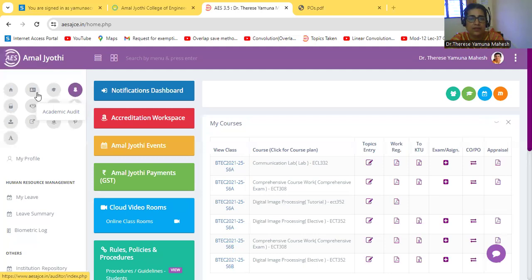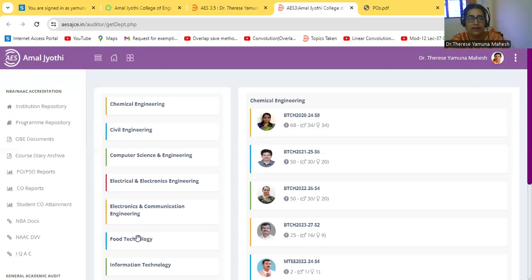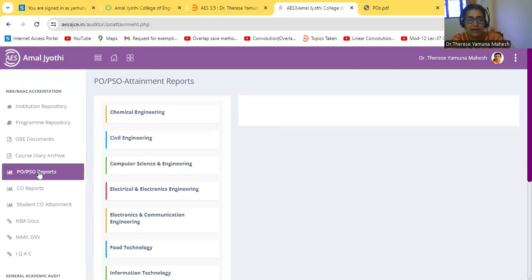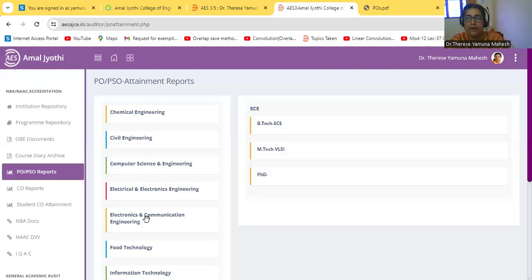So this is your login screen. Go to academic audit. Select your department. Sorry, before selecting your department, on the left panel, you can see the CO reports, which we went through in the last recording. And today we'll see about this PSO report, program outcome, program specific outcome reports. Just click that, then select the department,